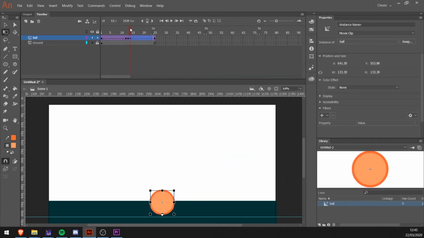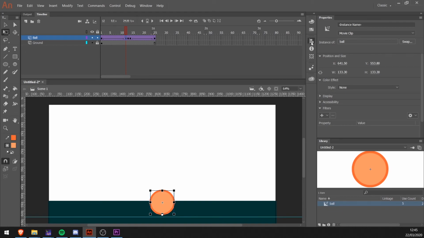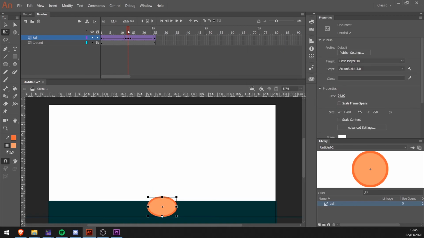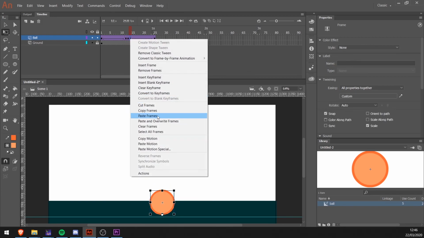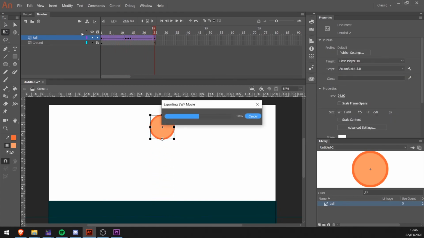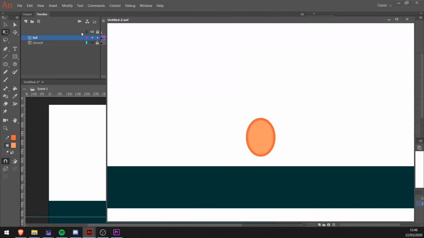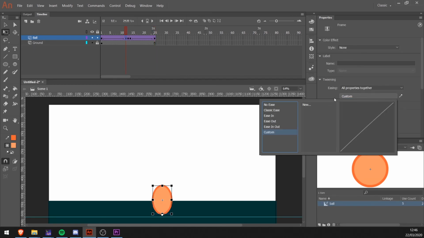If instead of just squashing, since this is a squashy ball, because of gravity, the ball can be actually stretched. So here we can do the opposite, and it will be stretched immediately before getting squashed. So again, I will copy this frame, copy frames, and paste frames. Whoops, let's see. Okay, I will preview it in the preview window, and it's better, but something is wrong again